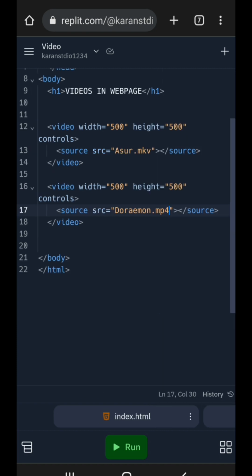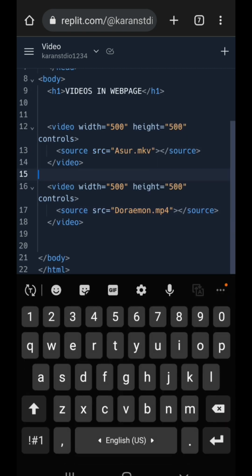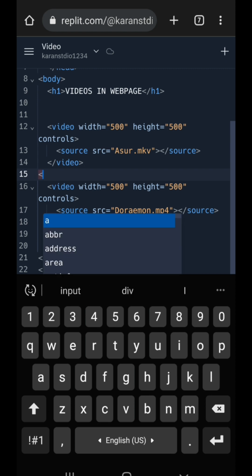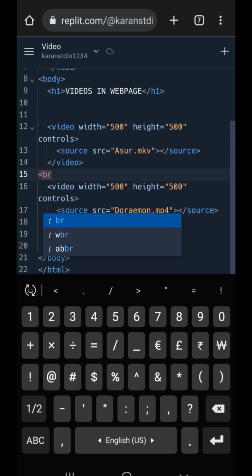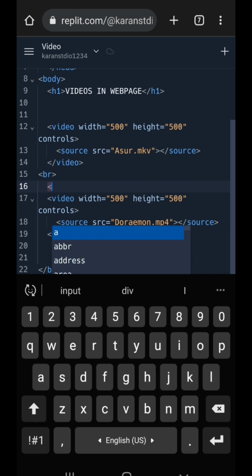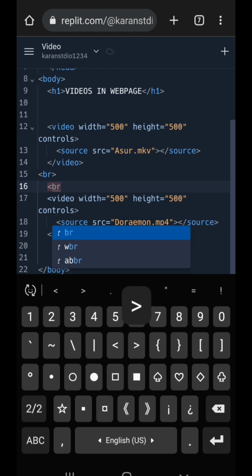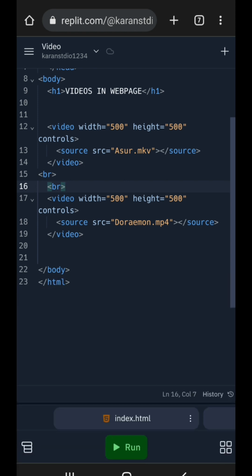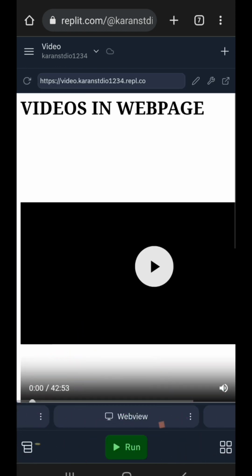So for a gap, between these two videos we can use the BR tag, which is the break tag for a new line. We can give two BR tags for two new lines. Okay. Now again we will run with Chrome, and you can see here these videos are separated by some distance. So we can play it. The second video is taking time